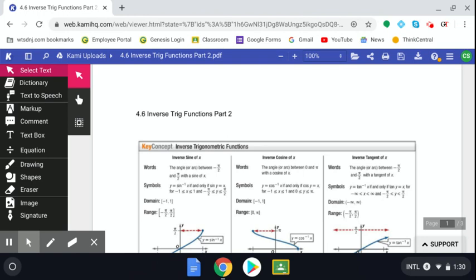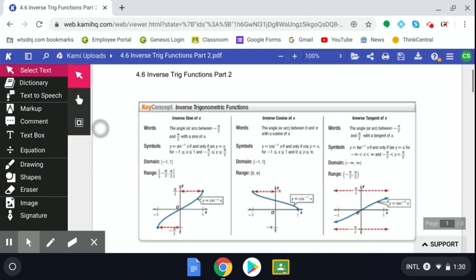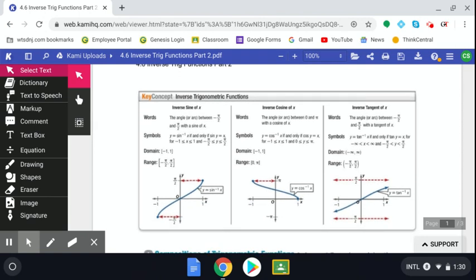If you're talking about inverse sine or arcsine, what you're looking for is the angle or arc between negative pi over 2 and pi over 2 with a sine of x. Inverse cosine of x would be the angle or arc between 0 and pi with a cosine of x. And then inverse tangent or arctangent would be the angle or arc